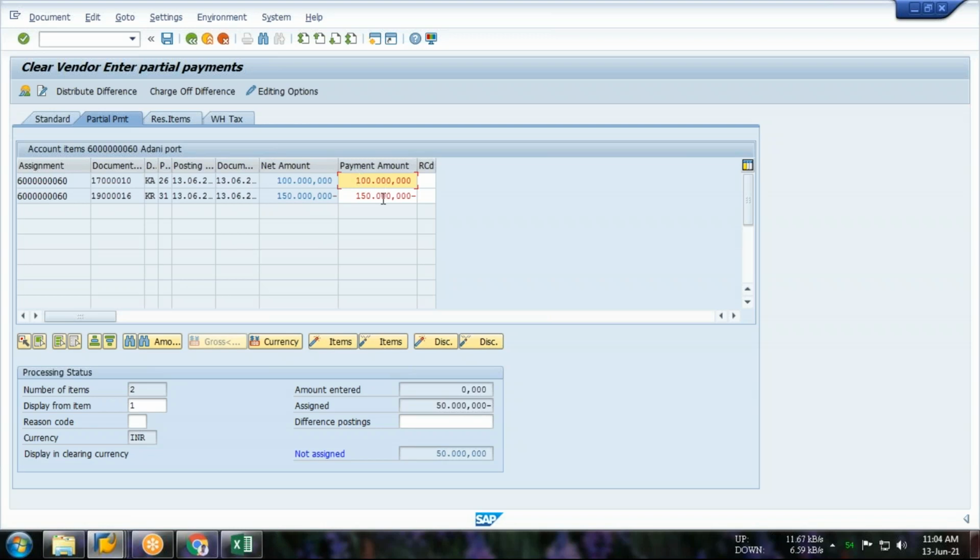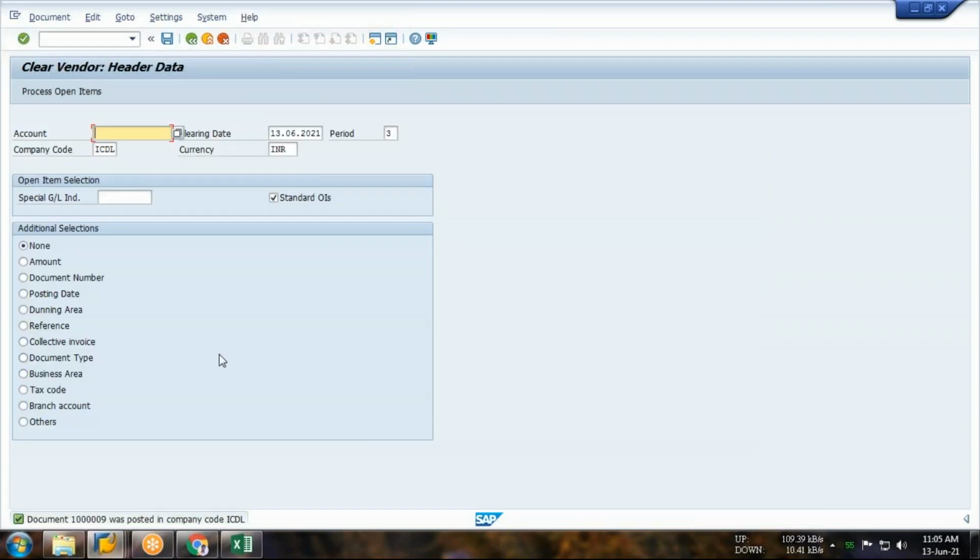Double click on this 1.5 lakh, so the amount will be 0. We are adjusting 1 lakh against the 1.5 lakh. KA is the advance, KR is the invoice. Post. Done. After that, we can check the balance.